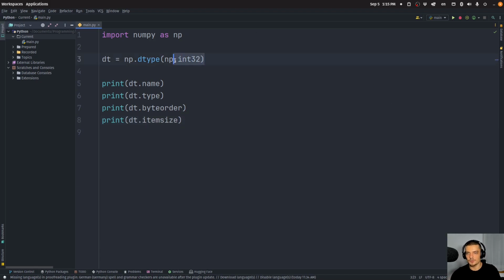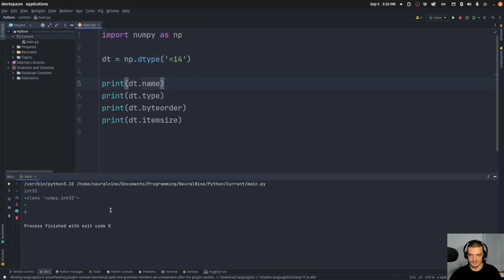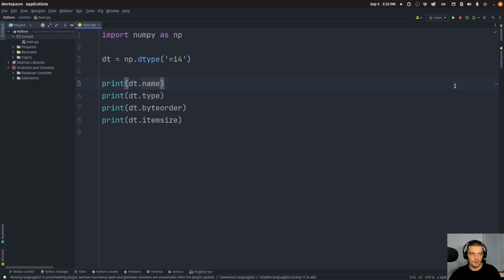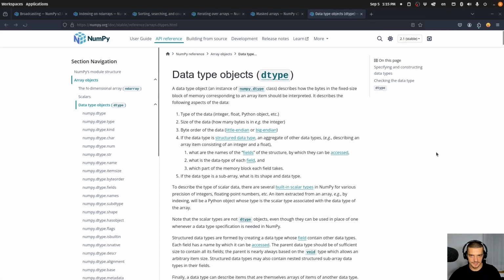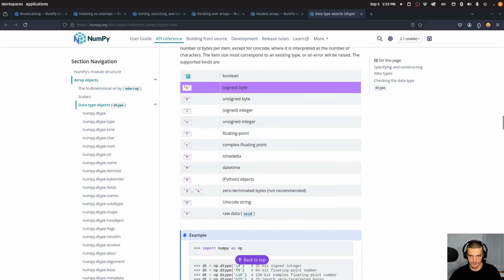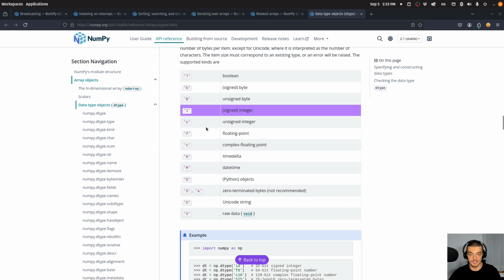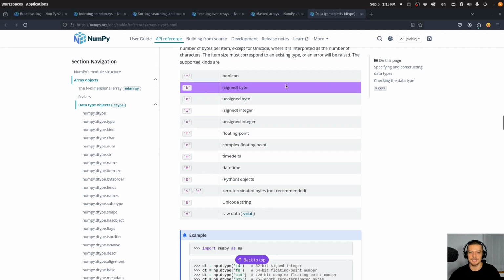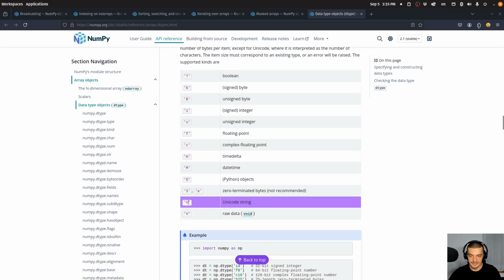Now, this is not the only way to specify a data type. You can also specify a data type as a string. So for example, I can say equals i4 to define the exact same data type. This would be hardware native byte order, whatever the hardware is, i for integer, and 4 for 4 bytes. This would result in the exact same data type. Here it makes sense to look into the documentation because there's a table explaining how this notation works. We have a bunch of characters here, for example i for the signed integer, u for the unsigned integer, and we also have capital U for the